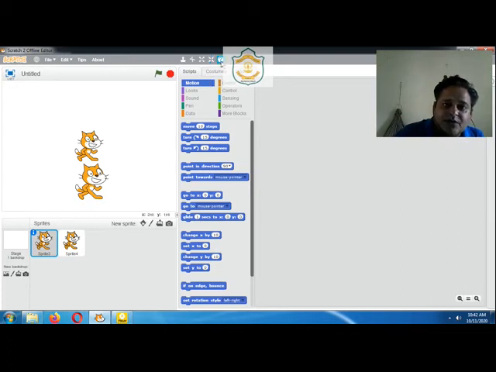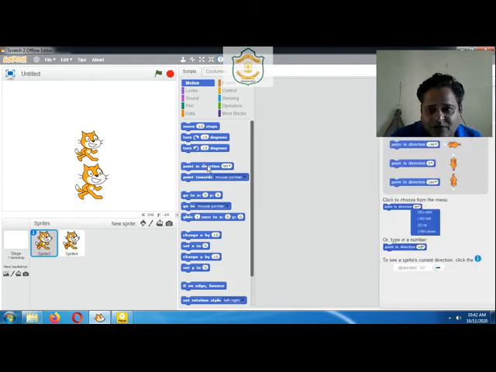After that, we have block help. Here you can notice a question mark option. This is called block help. It will provide tips or information about the blocks and what they are used for. Like, we just clicked on this. Now you can notice a question mark on our cursor.